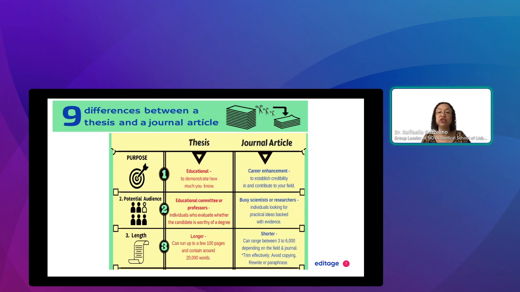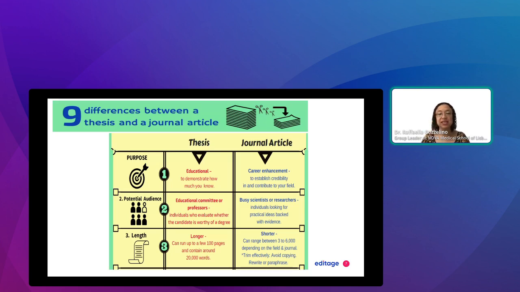So there are individuals that are evaluating you for the degree. But the audience of a journal article is very broad because that is for scientists and researchers, not simply to learn, but also to look for ideas to continue the research project, look for new evidence that might confirm their hypothesis, and also to, let's say, keep their cultural baggage about this type of research.